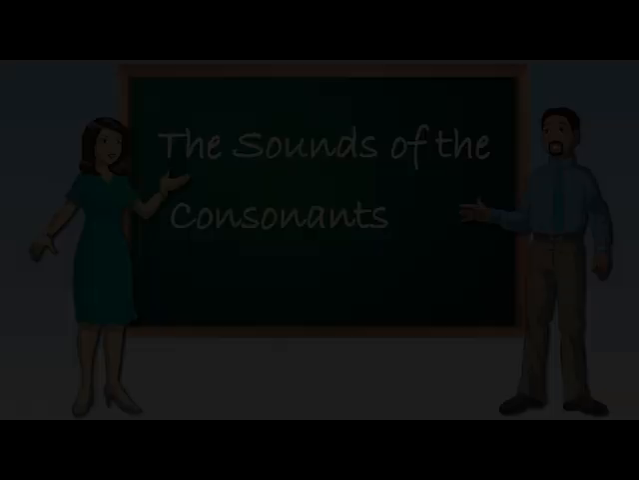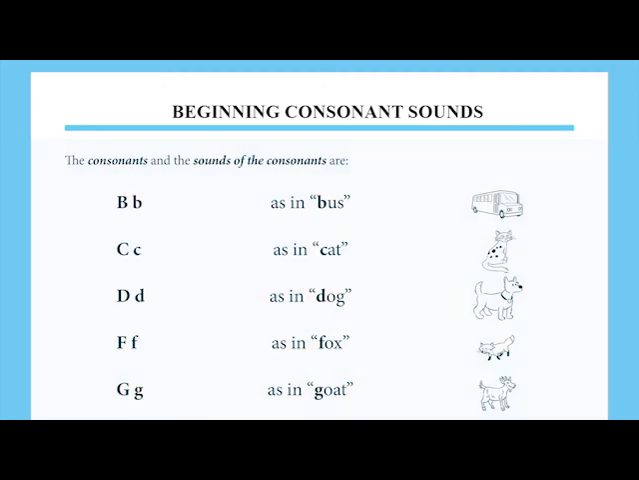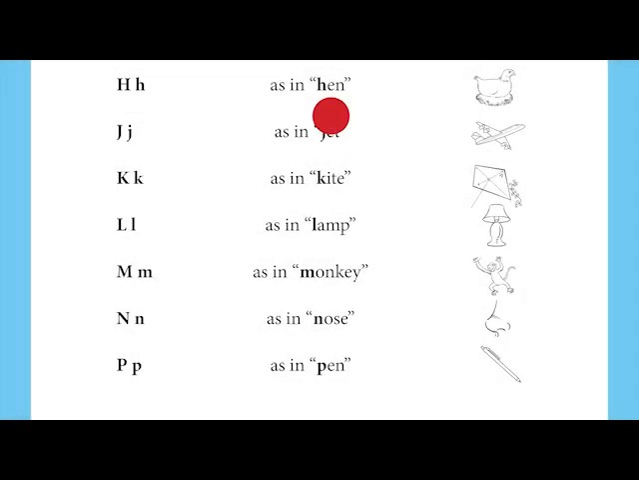Consonant sounds. The consonants and the sounds of the consonants are B, as in bus, C, as in cat, D, as in dog, F, as in fox, G, as in goat, H, as in hen, J, as in jet, K,